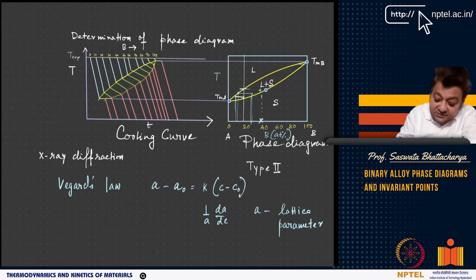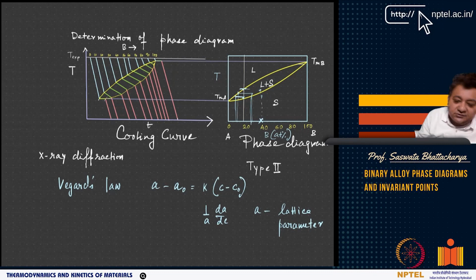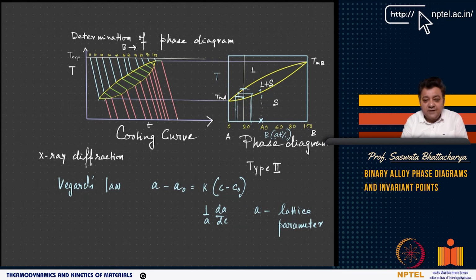So this is the phase diagram that you have drawn, and I have redrawn the same phase diagram of type 2, right? So this is one of the ways of determination of a phase diagram, by doing this experiment of cooling curves. If you look at the lead-tin technique, there also you use these cooling curves for different types of phase diagrams. The idea of constructing the phase diagram remains the same.